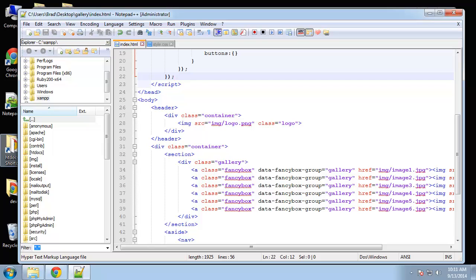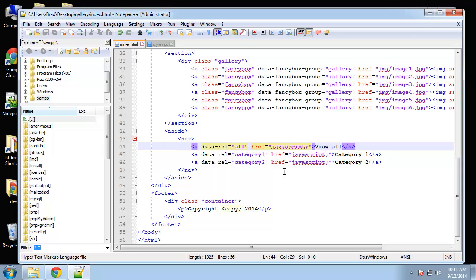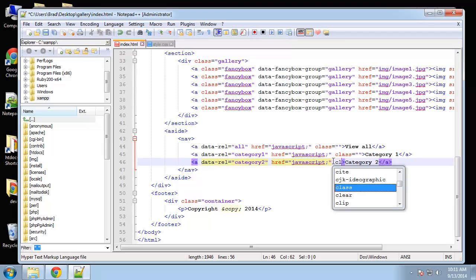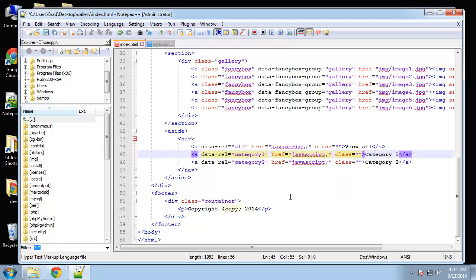Alright, so now we're going to write a little bit of custom jQuery to have the filtering by category function. Basically, we need to add a couple attributes. First of all, our navigation here, we have our category name inside of a data-rel attribute. I just want to add a class to these. Basically, we're going to have jQuery look at the class, and depending on which one is active, it's going to